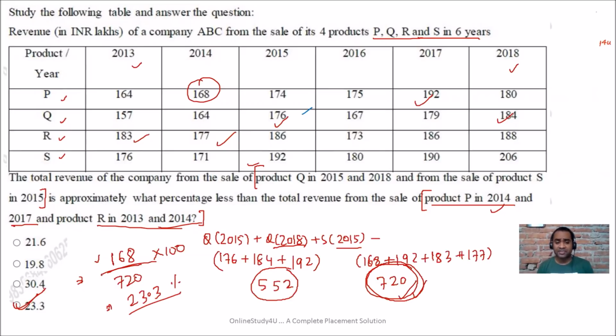So friends, data interpretation questions will also come in the examination. You need to be careful and understand how to solve the problem. Here percentages were involved. If you compare this data, what is the percentage less? You could see 160 lakhs is less. This is compared with 720, 720 will come down, and then if you divide, you will get 23.3 percent. Remember, in TCS a calculator is always allowed, so doing the calculation by yourself unnecessarily is also not correct.